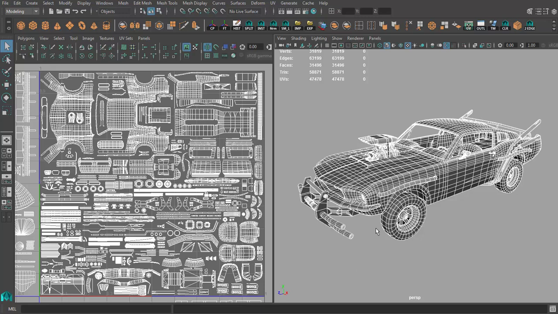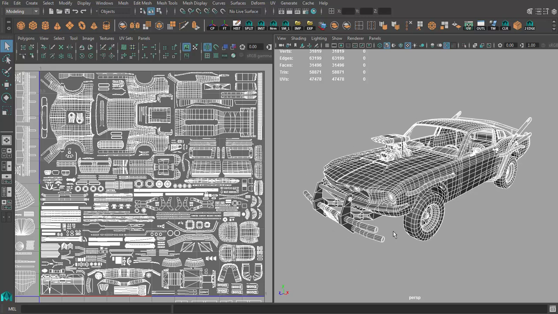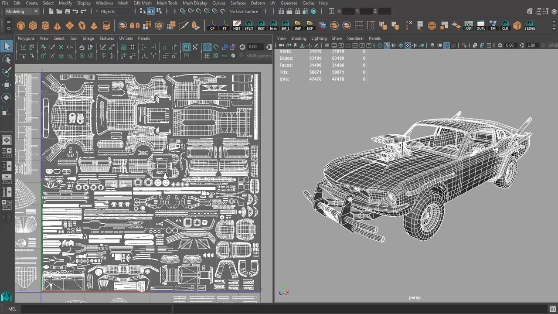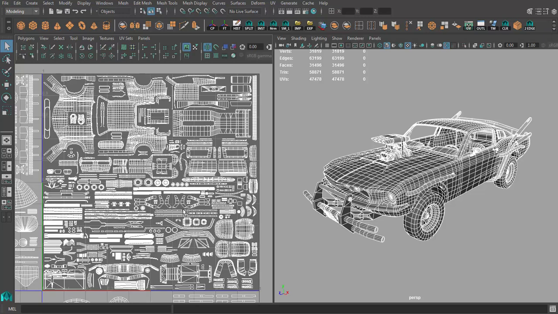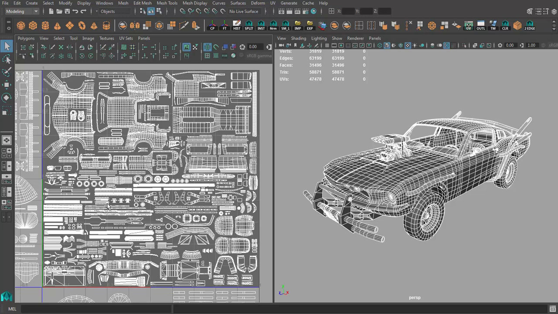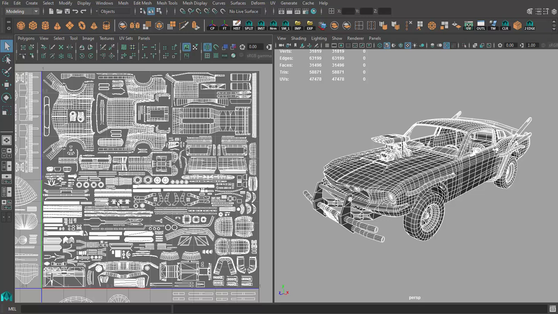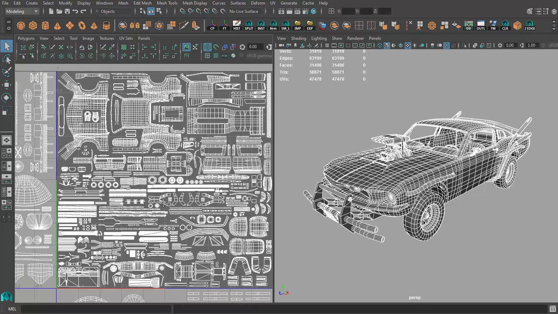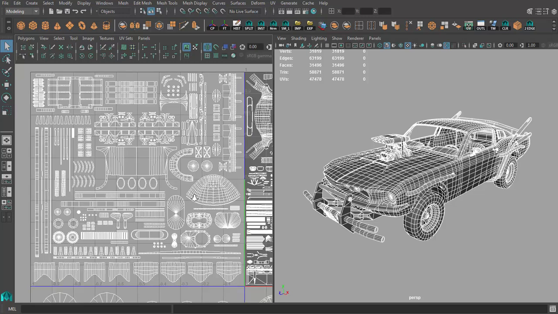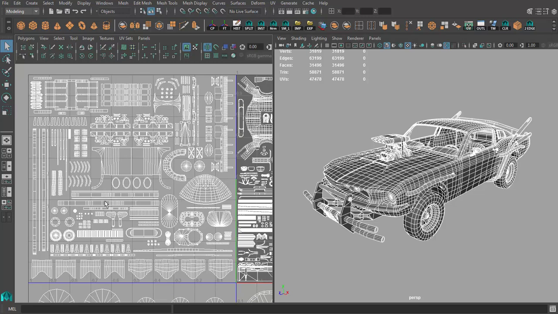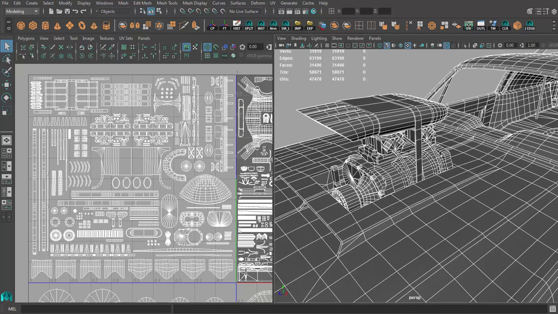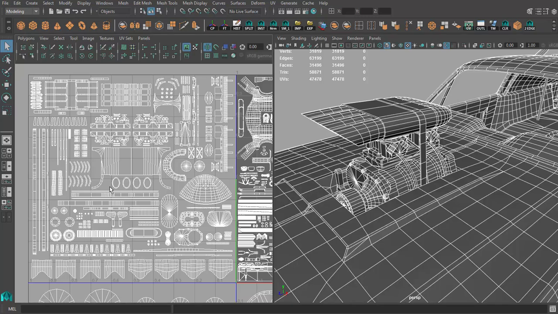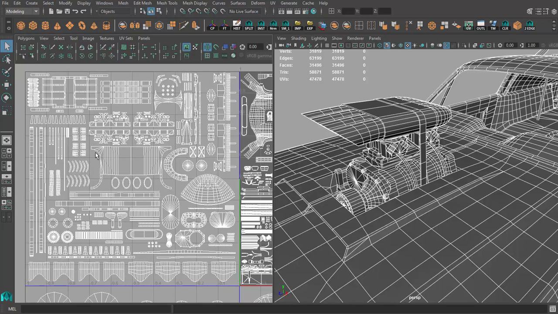Okay, so we are continuing our project. Right now I would like to show you some changes that I've made to our UVs. This is our main texture right now. It's 4K, it's pretty huge. Later on the left we've got UVs for our supercharger and the air scope, and this will be 2K texture,